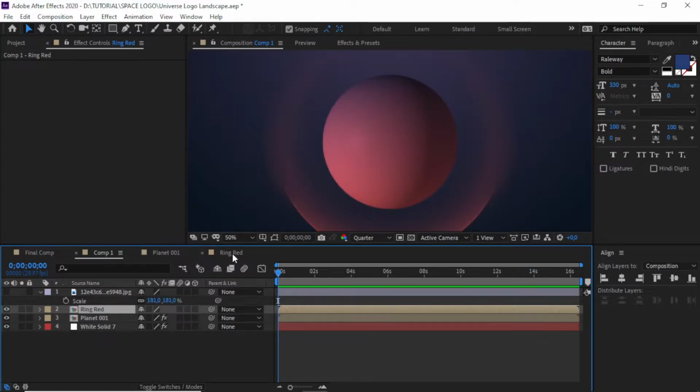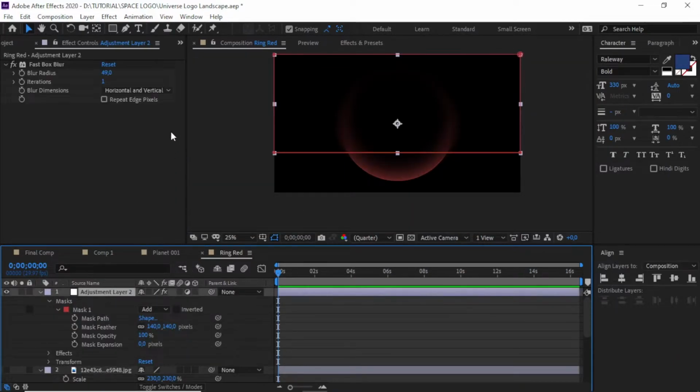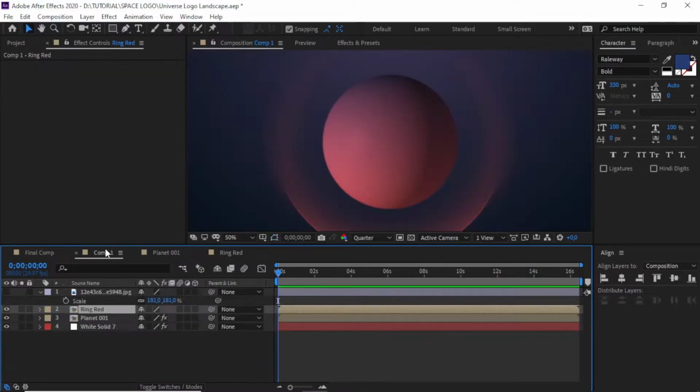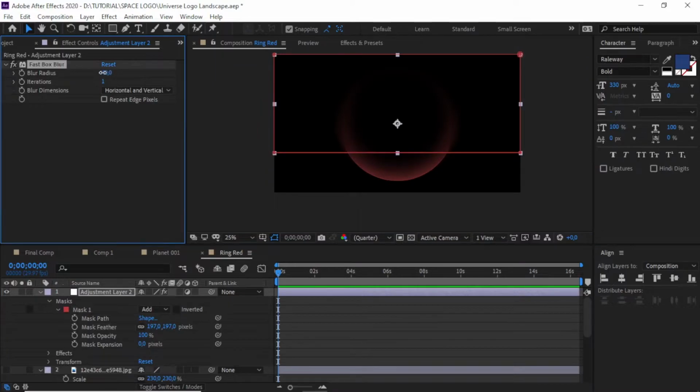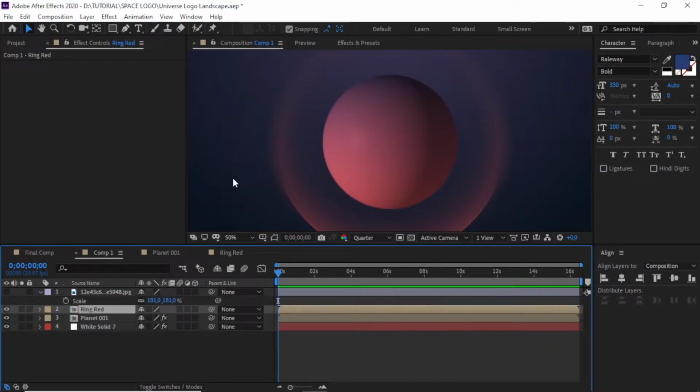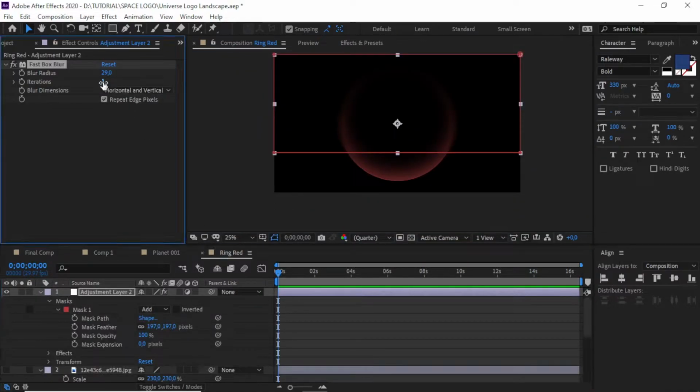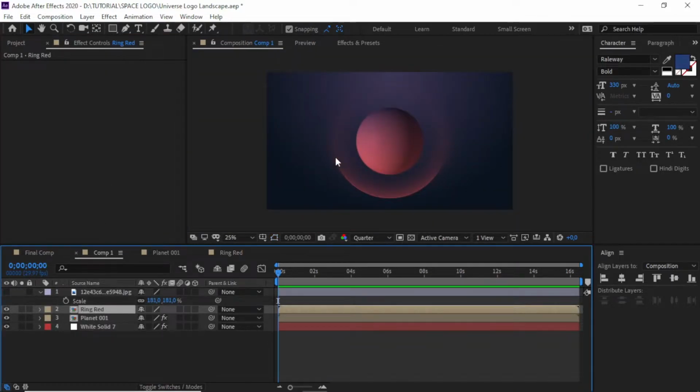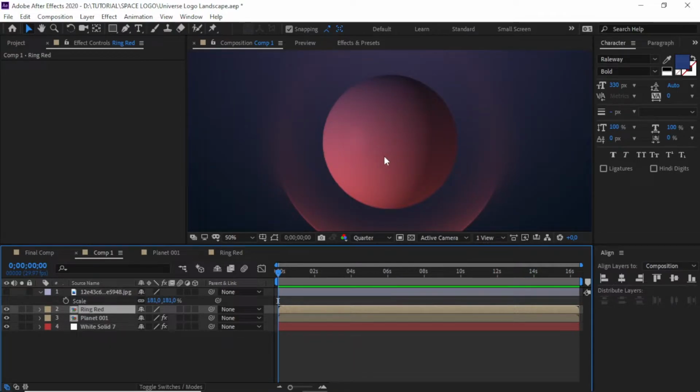So we need to adjust our adjustment layer with more feather to make it a little bit softer here, and maybe reduce our blur like this. Keep it at 1 pixel and set the iterations to about 6. I think this one is pretty good.